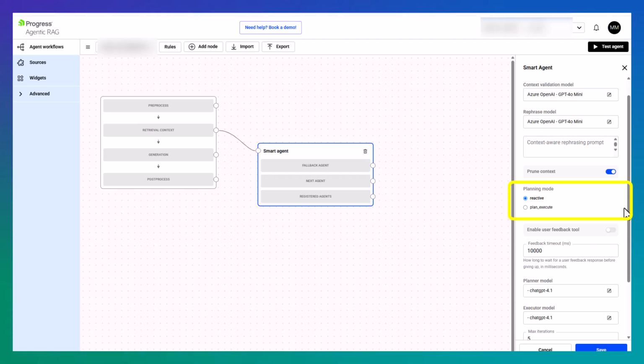When set to reactive, the agent returns results once it believes it has enough information to answer the query. This option offers the best performance, but it might not always produce the best answer for larger knowledge sources and more complicated queries. Conversely, when set to plan execute, the agent first defines a plan, including the information needed, the